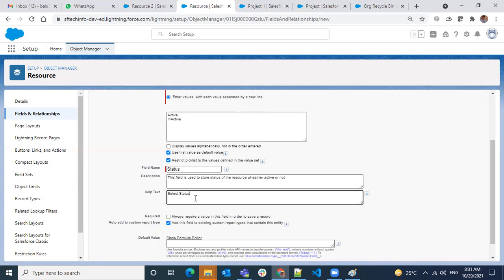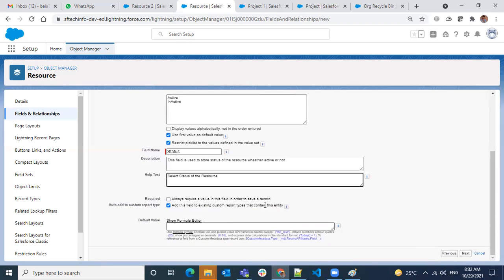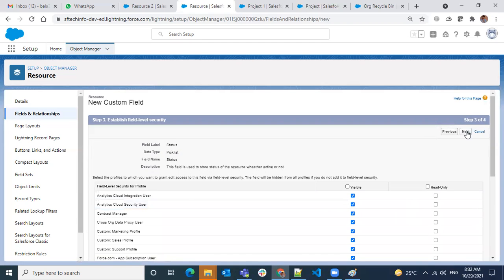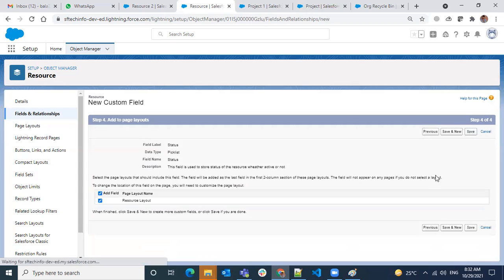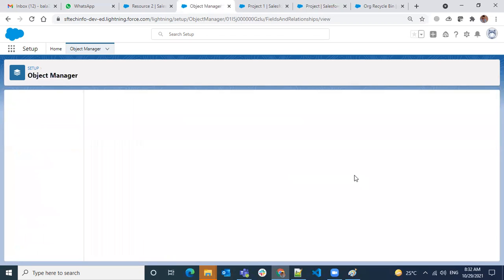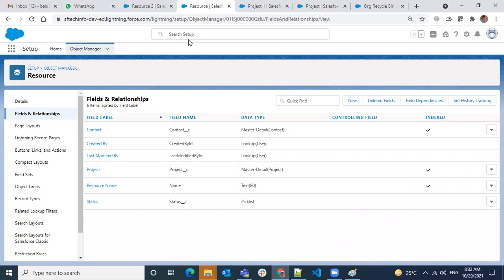Select the status of the resource. I'm just saving, next step. Next, I'm making it visible for all. Okay.